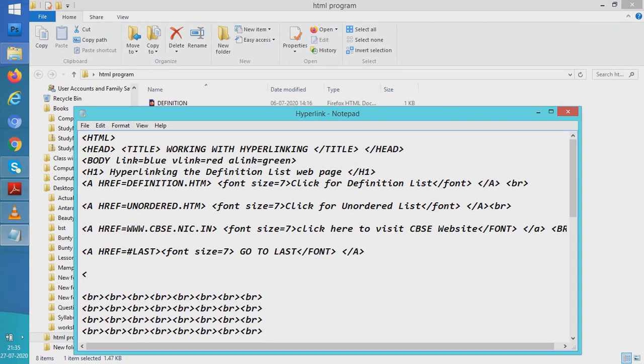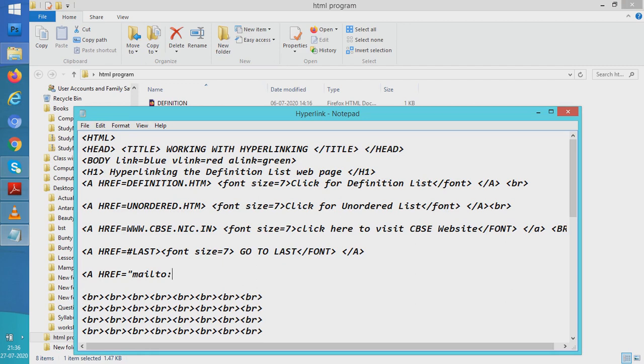I'll write a, href is equal to, I'll write mailto, see, mailto. Say we want to mail to a given mail address.